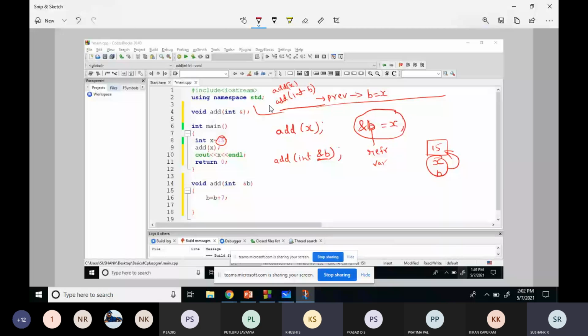Sir, x and b will be having different memory locations, but x and ampersand b will be having the same memory location. No. x and b will be having the same memory location. See, just now, ampersand b will be having a different memory location, no. Okay, 1 second. We'll go to the slides once so that you will get an understanding.